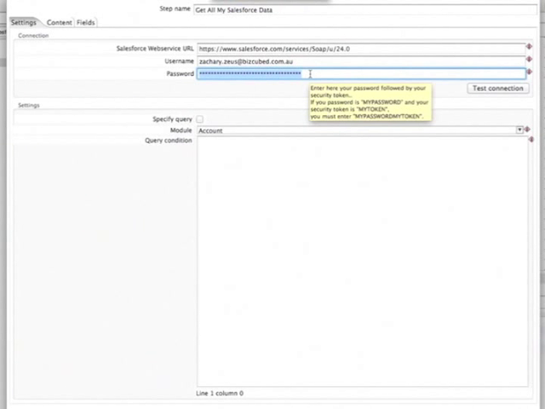And basically, if we said the password is just the word password, for example, you then need to add your personal security token after your password in order to connect to Salesforce. So I'll just quickly show you where you can get that set